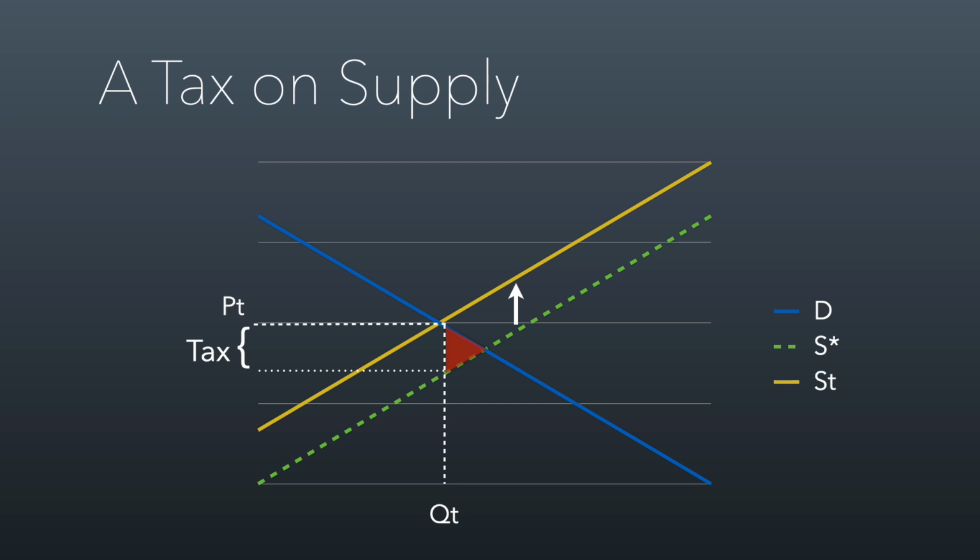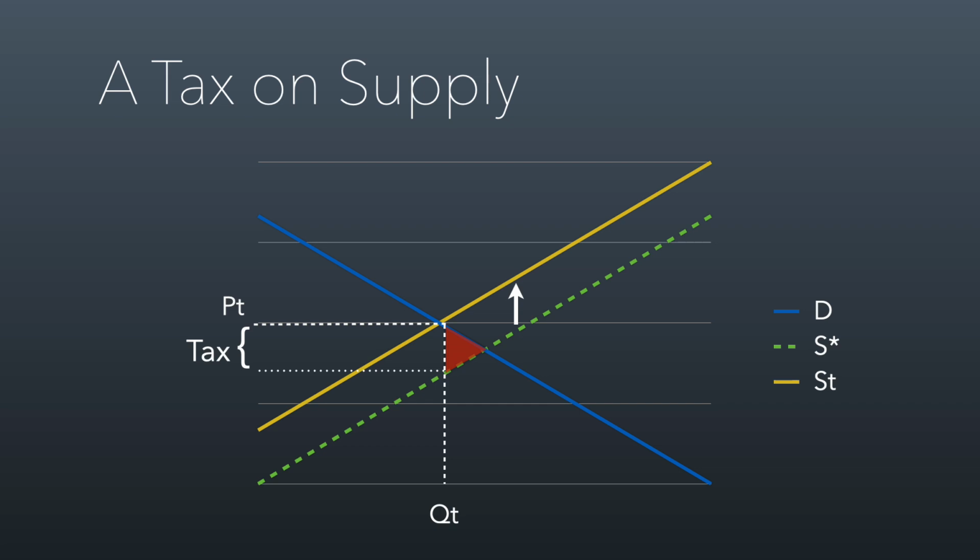The other thing you notice happening here is that the quantity of cereal produced because of the tax goes down. So QT is less than Q star was. And the price in the market for cereal goes up. PT is higher than P star was. And what this is basically telling us is that a tax has produced fewer boxes of cereal and made them